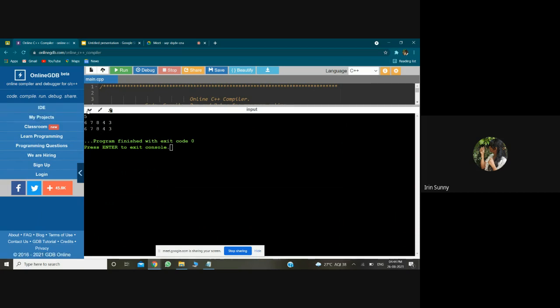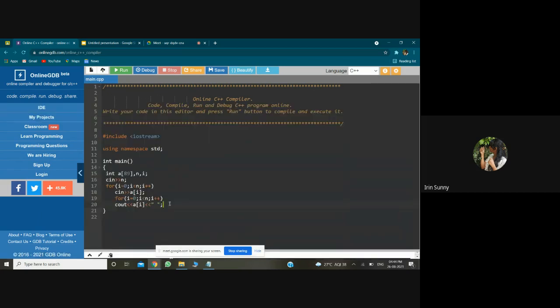Now I'm gonna modify this. That is, I want to add 2 to all the positions, that is 0, 1, 2, 3, and 4. So I want to add 2 to all the elements. So how am I going to do that? I'm writing another for loop. Why am I writing a for loop here? It is because I have to iterate, or I have to reach all the boxes.